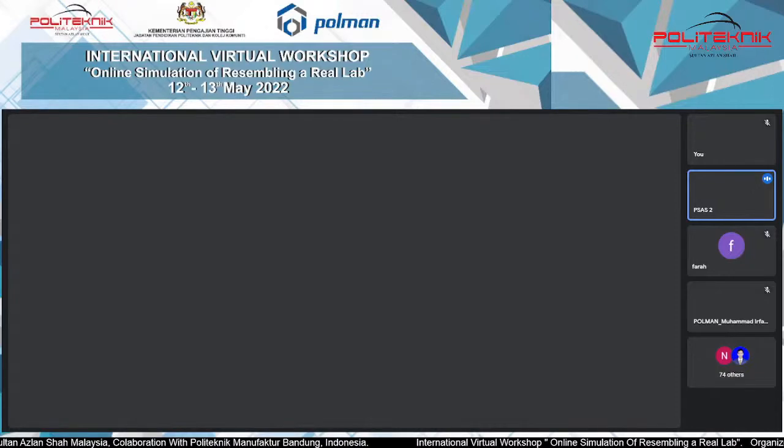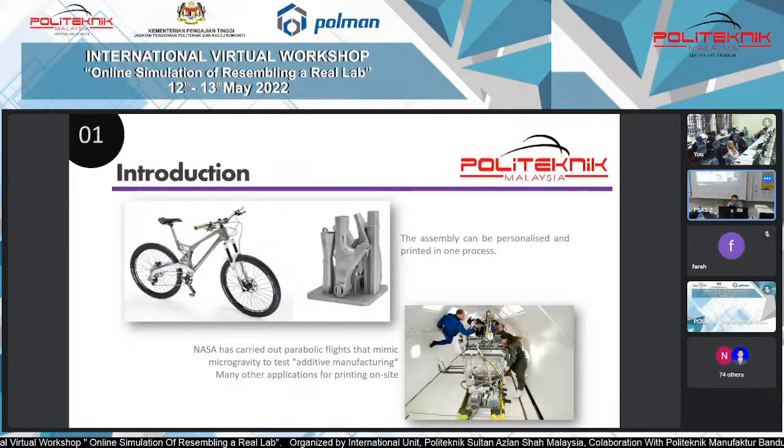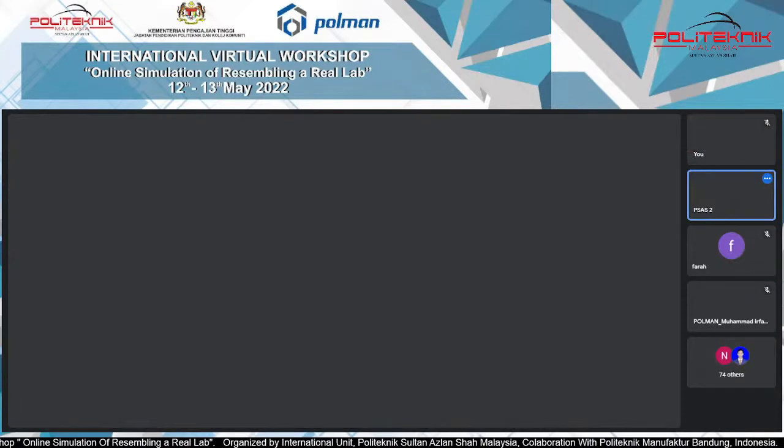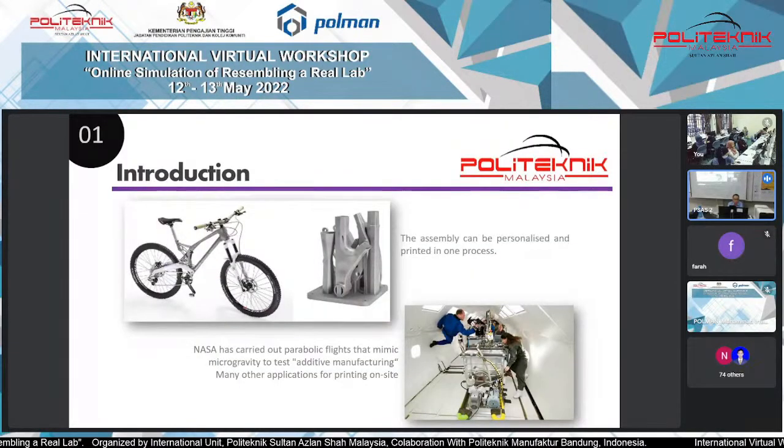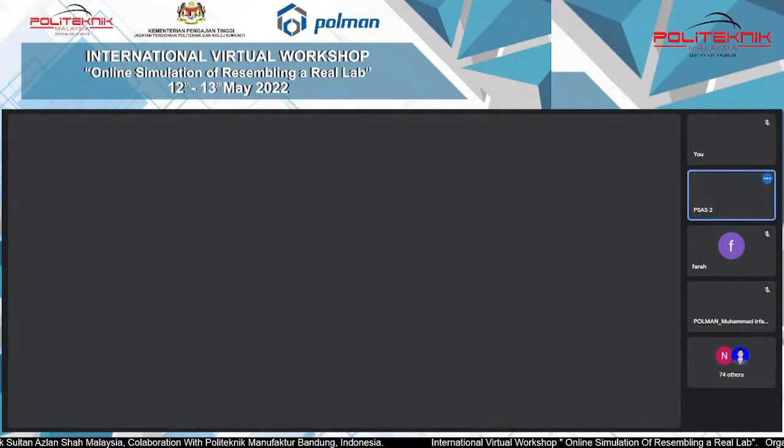If you look into the Mars exploration by NASA, most of the parts are 3D printed parts. And if the parts fail on Mars, they have their own 3D printer there to produce replacement parts for their usage. Okay, so the process